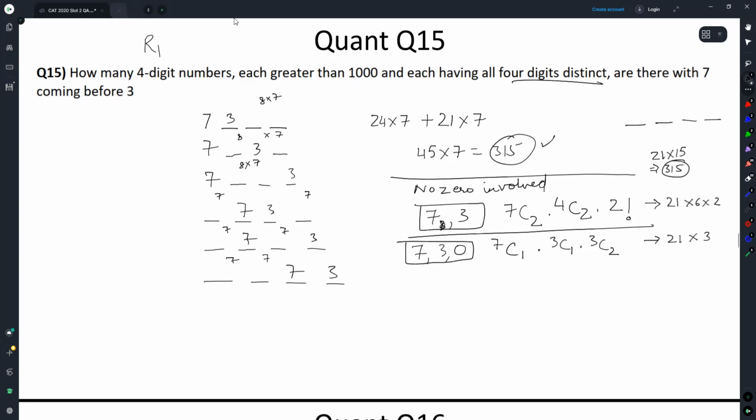There are no two ways for arranging 7 and 3 because then 7 is coming before 3. If 7 is coming after 3 also, then there is no game left for 7 and 3, then what effort does the arrangement even take? This is what I would have done in exam. But in case somebody wanted to count it down,